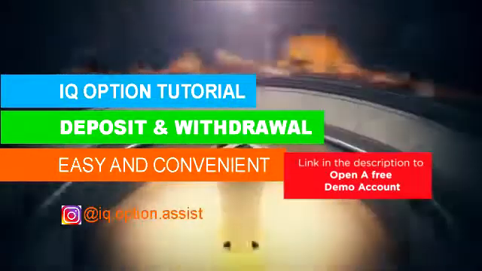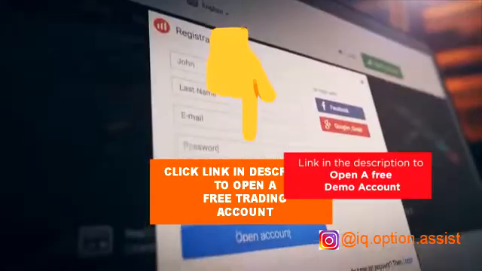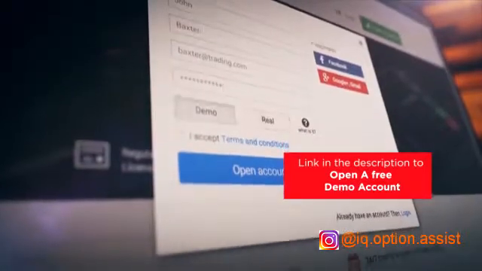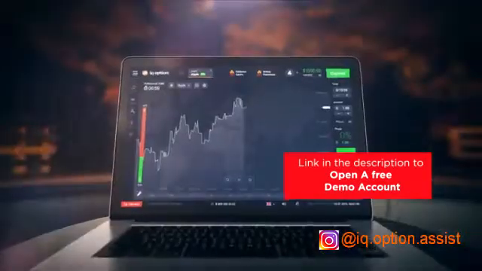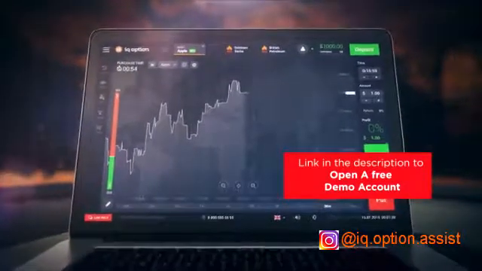To sign in and start trading at the IQ Option platform, you must specify your personal information and your email. After that, you should select the type of account you want to use. In the main window, you will see a chart that displays the price movement of the selected assets in real-time